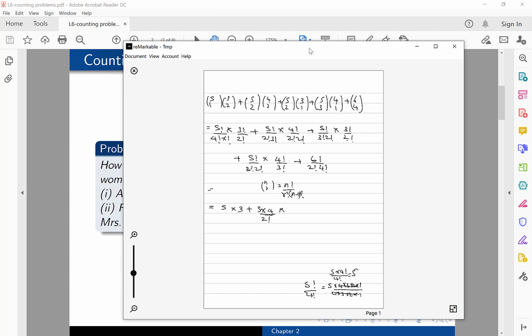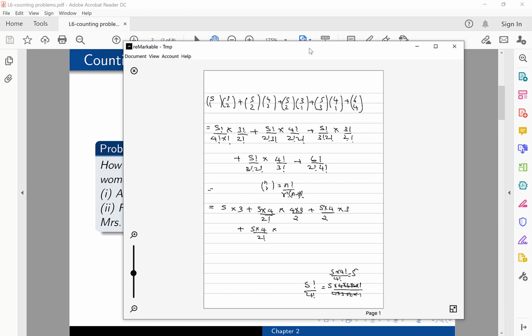Times 4 times 3 divided by 2, plus 5 times 4. 3 factorial cancels out, 2 remains. Then 3 factorial, that's 3, plus 5 times 4 divided by 2